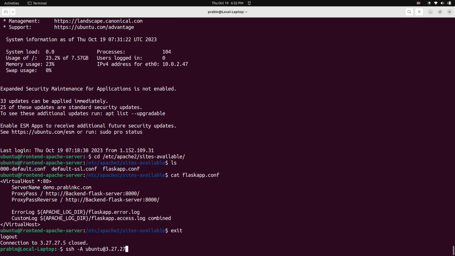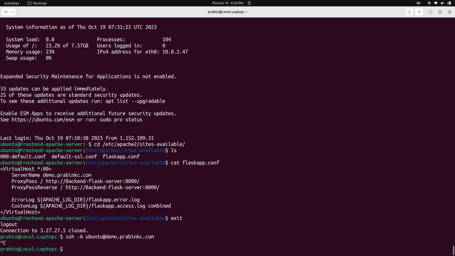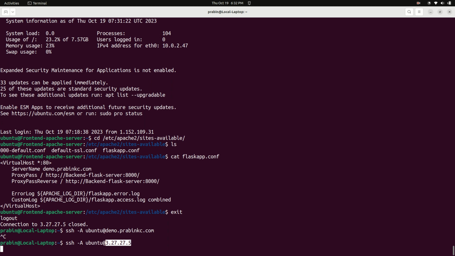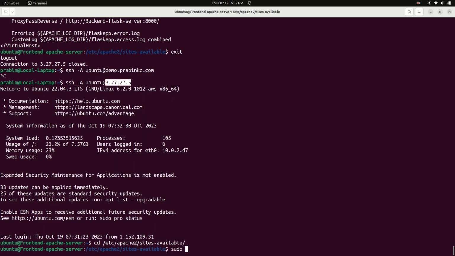We can try here, demo.provinkc.com. Yeah. So what I need to do at the moment is copy this public IP address, log in, and sudo su,